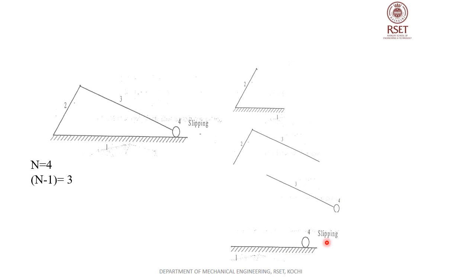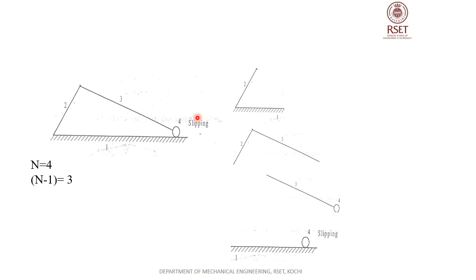1 is actually the fixed link, and 4 is the roller. The roller is rolling over the fixed link 1. This is considered as a rolling pair, not a turning pair. Actually 4 has rotation motion about the surface of 1, but it is considered as a rolling pair, not a turning pair. But you can see in the question it is given that this has slipping also. That is, the roller 4 is not having pure rolling on the surface 1. It is sometimes undergoing slipping also.